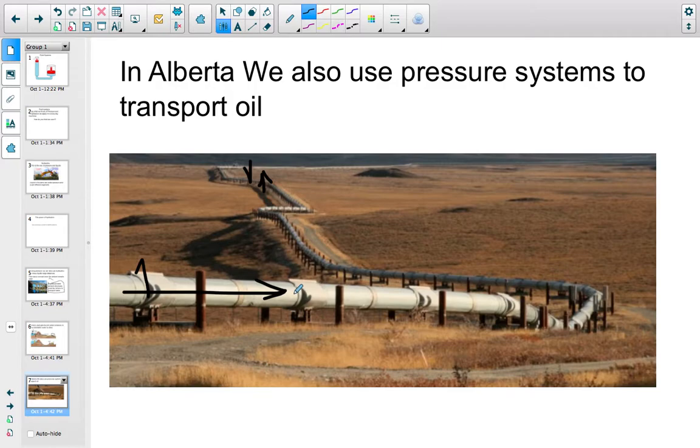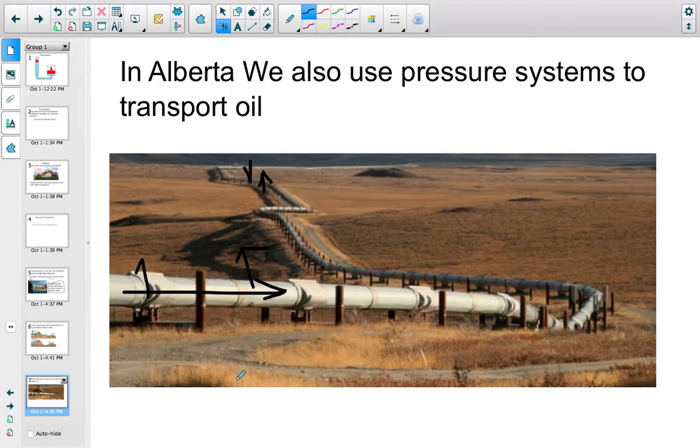liquids push out with equal force. And if the pressure is too high, it could push out this way, too hard, in all directions, causing oil to spill out. And that's a main cause of oil spills along pipelines, is the mismanagement of pressure